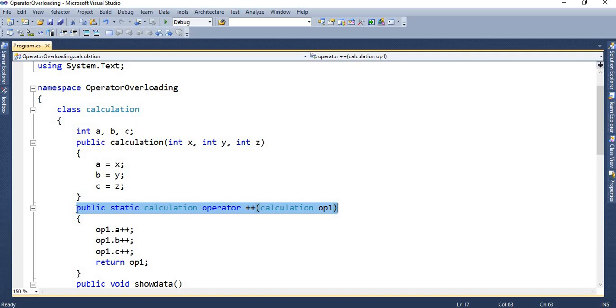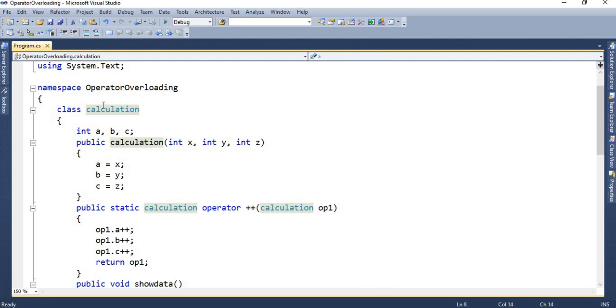Here we are going to understand the syntax of operator overloading, in which first is an access modifier. Here we have to define public, then the static keyword is compulsory, and then the name of the class.